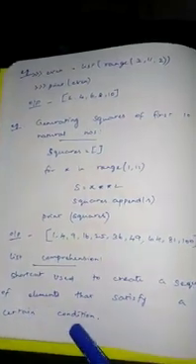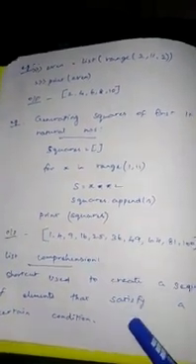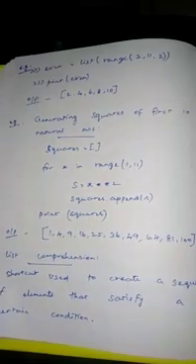Next, list comprehension. The next topic is list comprehension. It is a shortcut which is used to create a sequence of elements that satisfy a given condition. Here I am going to give some conditions, and the values which satisfy the condition will be displayed as list elements. That's all. Let us see some examples here.